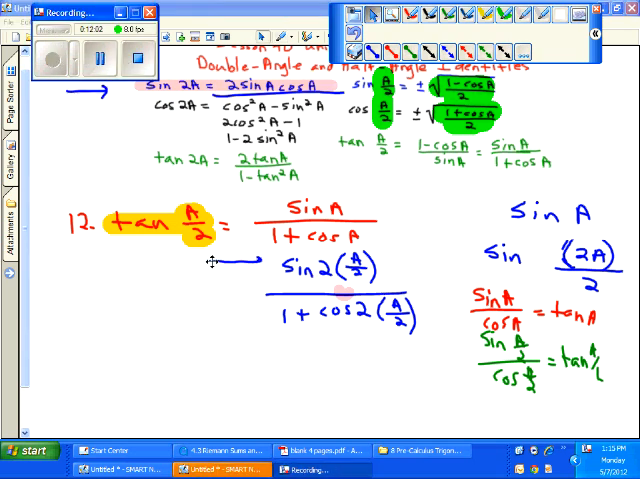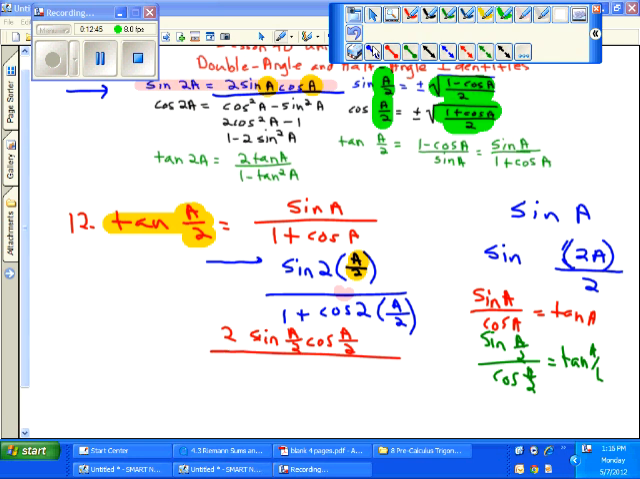What we're going to do is right here, we're going to replace sine 2a with this situation. But my question is, what is my a? In this, my a is really a over 2. So where it says a, I'm going to put a over 2. Okay? And so we're going to have 2 sine of my angle, which is a over 2, cosine of my angle, which is a over 2. So 2 sine of the angle, cosine of the angle,